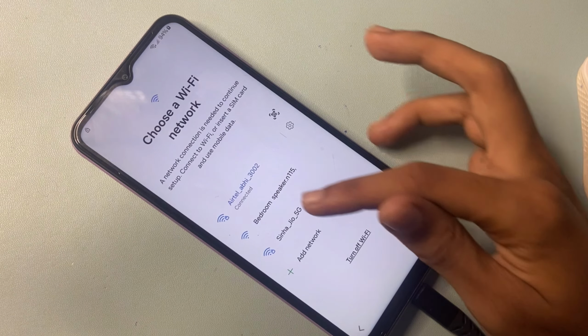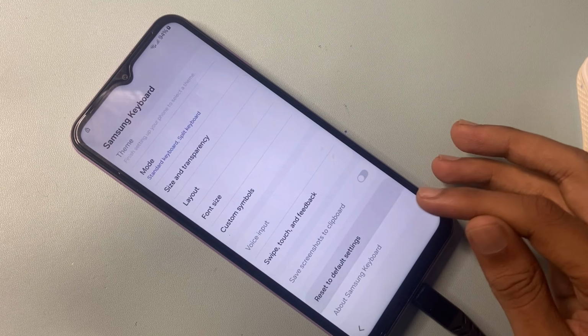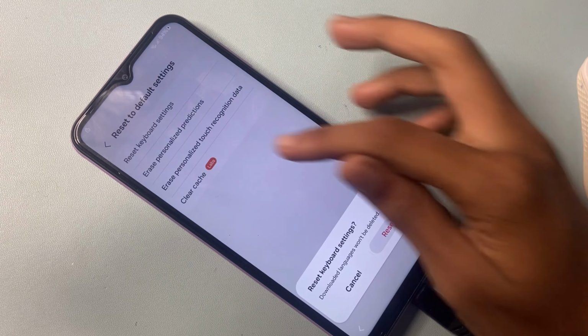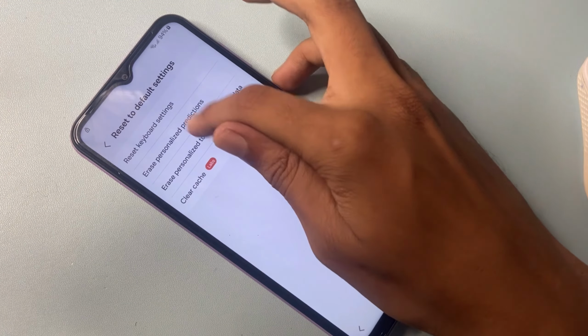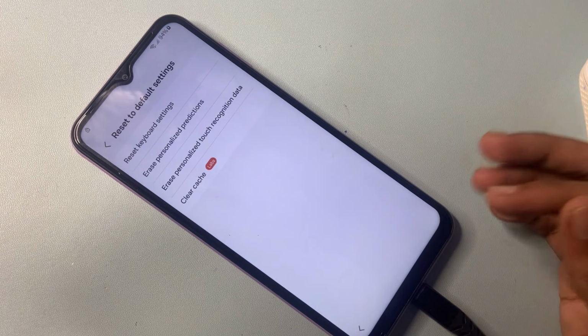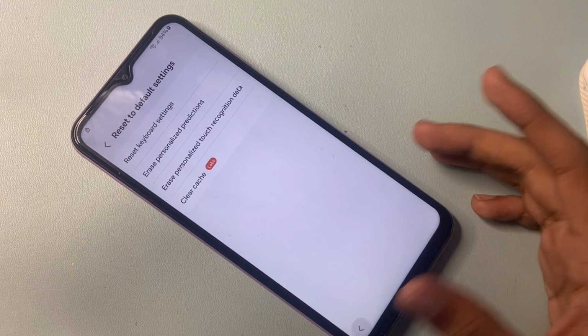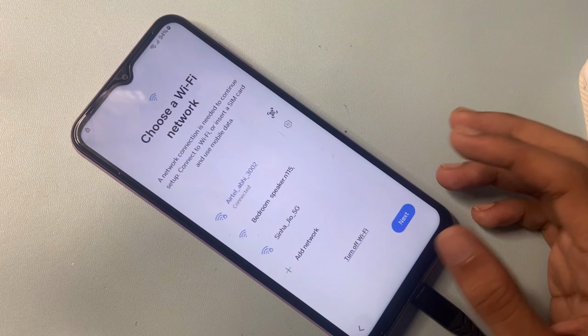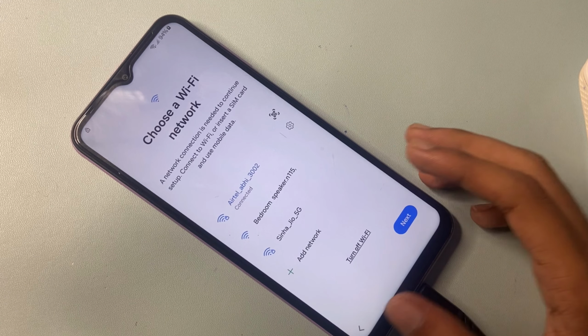Now go to this add network. There is a setting icon, click on this setting icon, and the last option is reset default settings. Reset, erase personalized protection, touch recognition data and clear cache. After doing this process, now